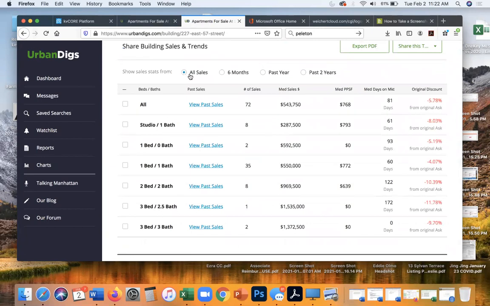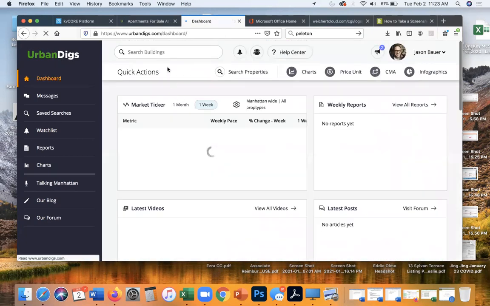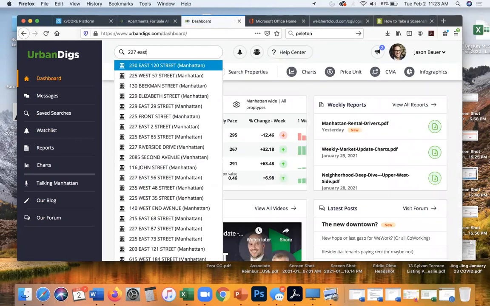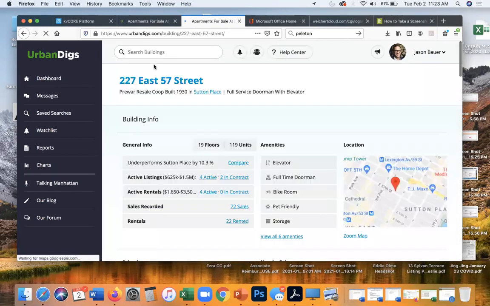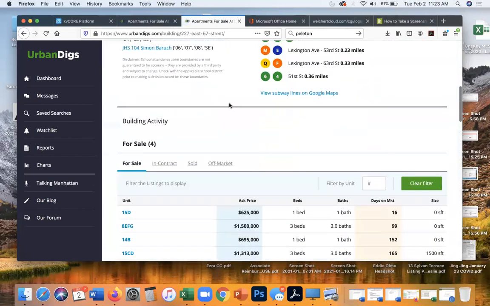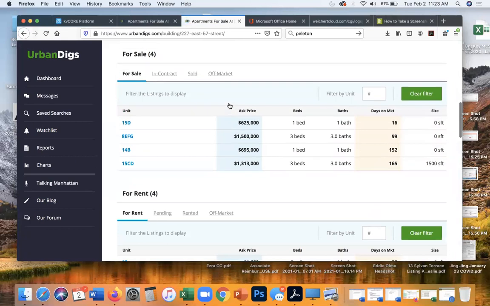Can you just review how you got to this page? Sure. So you can do it a couple ways. So again, from the home page, if you just go to search building and type in an address, you can pull up the building itself. Right? Okay. And then if I scroll down, it's going to give me more information on the building and stuff like that. What's actually active on the market,